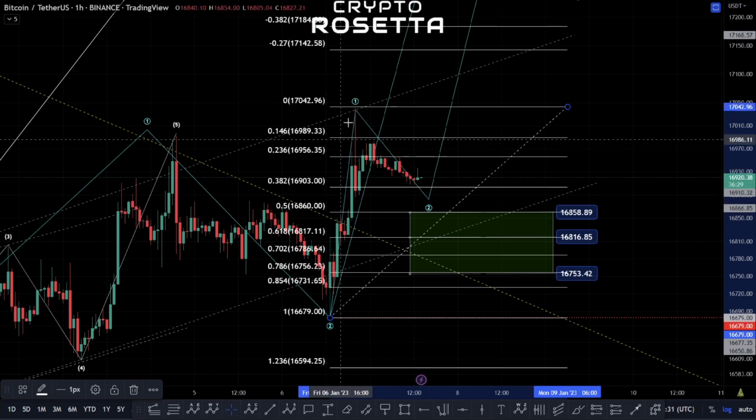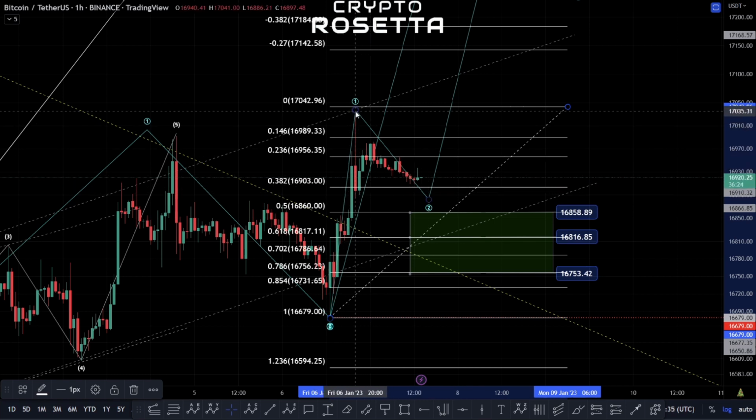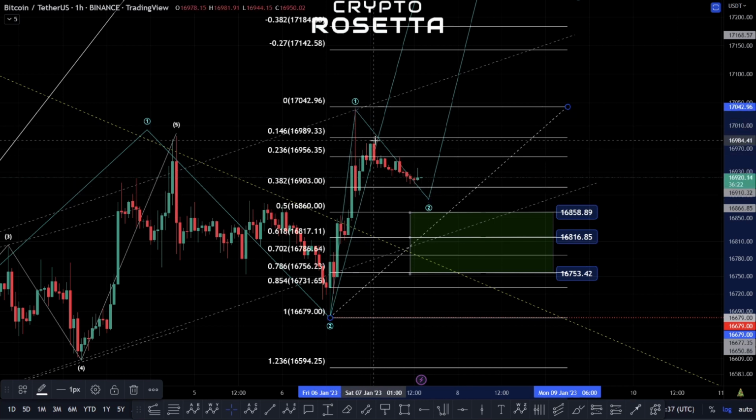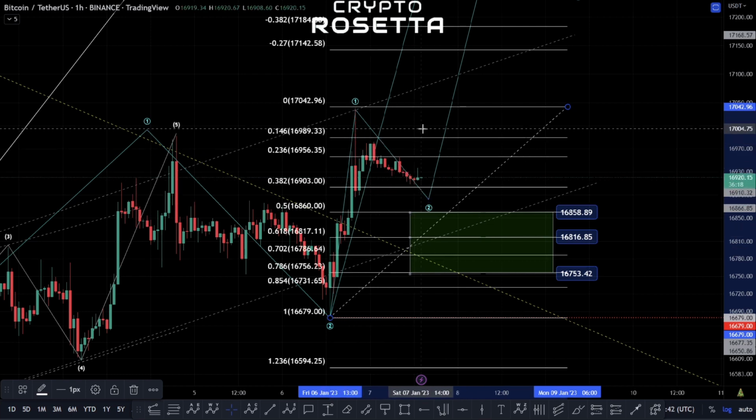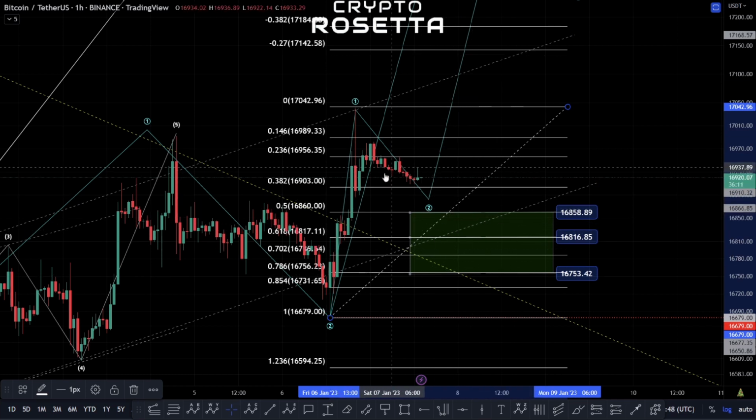So it could be possible that we could already complete here, but I do think it's got a bit of room here. Like I said, whether this just breaks down from here as an A, B, and a C, or we have this as an A, a B, we push up for that C wave, then we come back down for this other one, maybe potentially retest this trend line, or into this box zone,